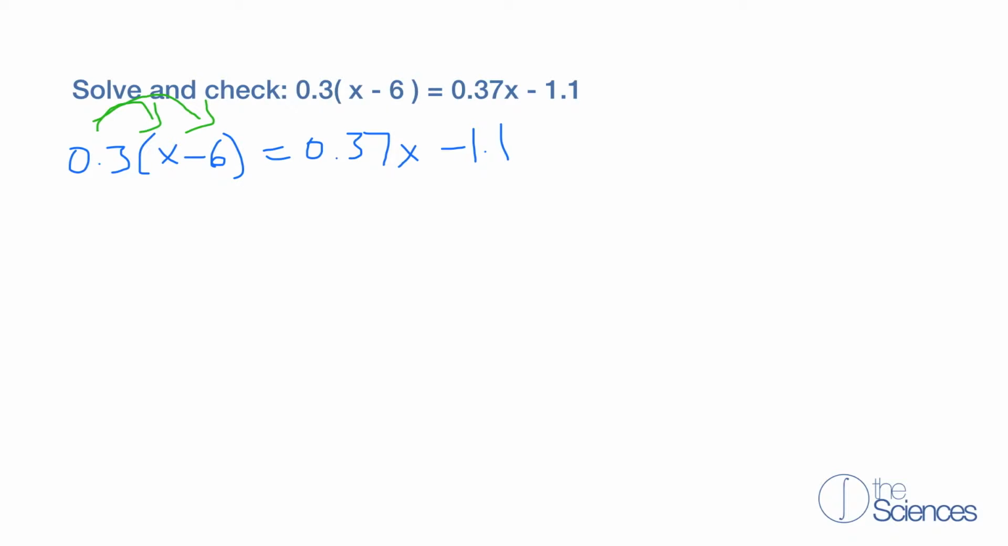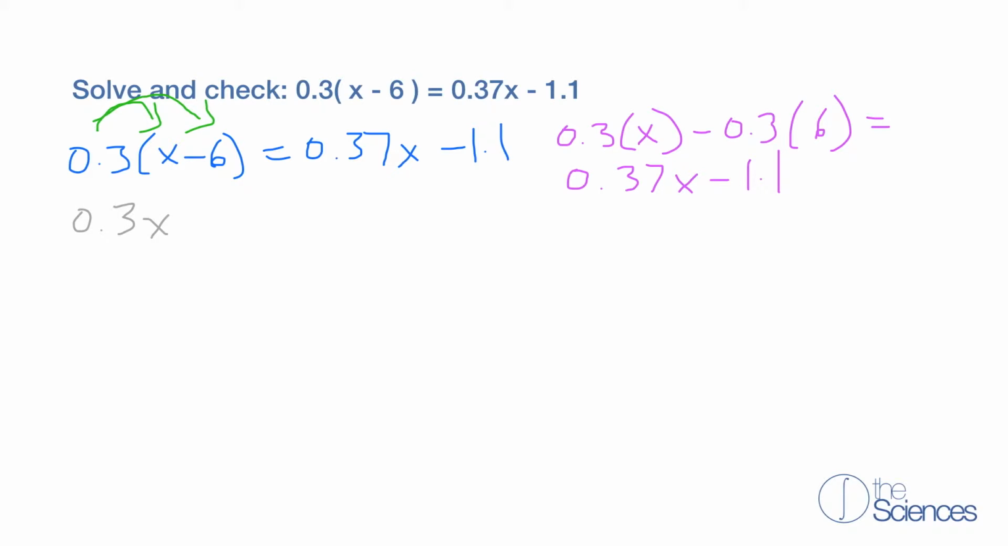So when we do this, we get 0.3 times x minus 0.3 times 6 equals 0.37x minus 1.1. So now when we multiply, we get 0.3 times x, which is 0.3x, minus 0.3 times 6 is 1.8, equals